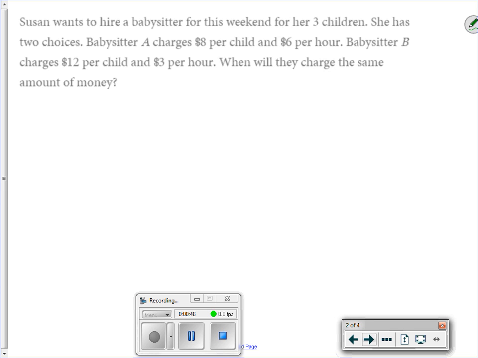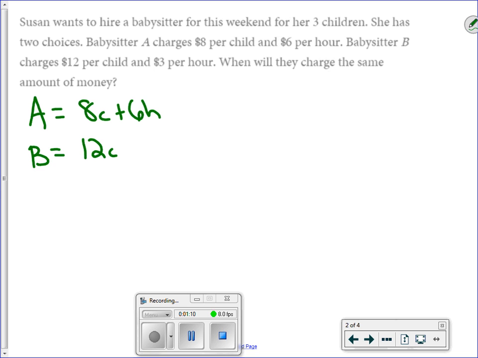So what I want to do first is write 2 different equations. An equation that represents babysitter A and an equation that represents babysitter B. So A is going to equal $8 per child plus $6 per hour. Babysitter B is going to equal $12 per child plus $3 per hour. I also noticed in the word problem itself that it talks about her 3 children. So instead of having 8C and 12C, I'm going to put in the 3